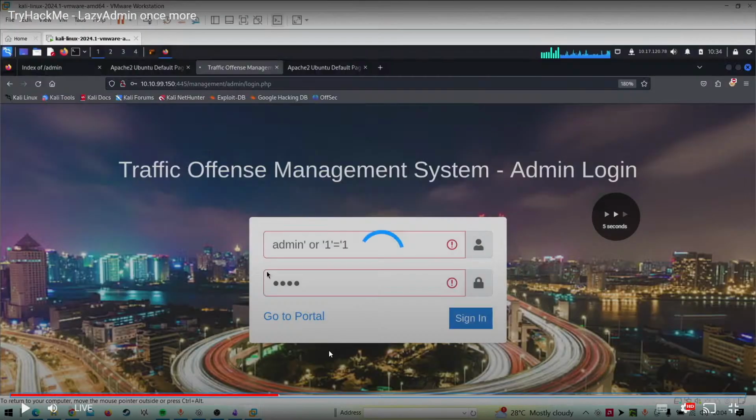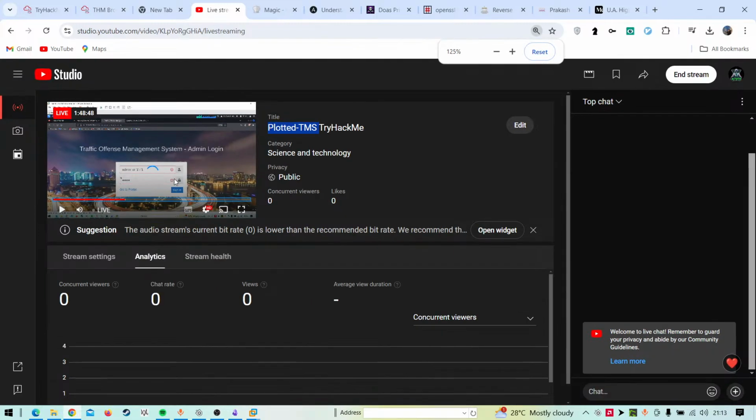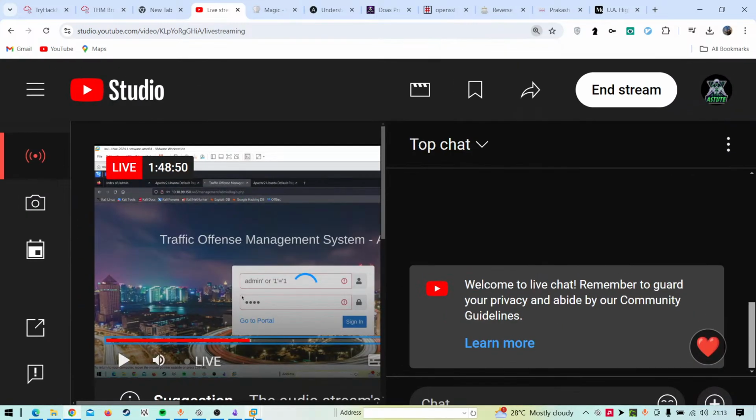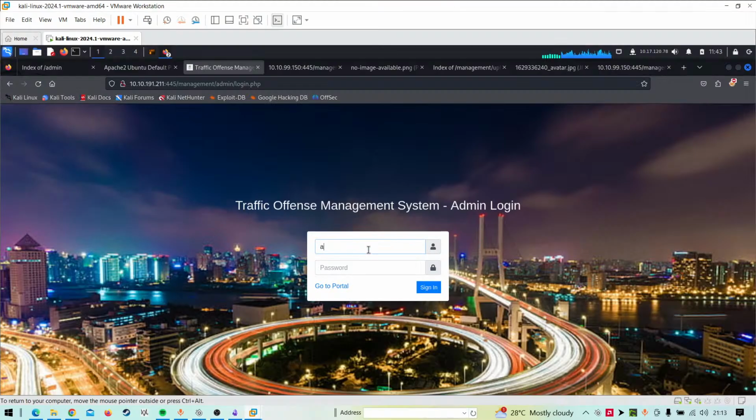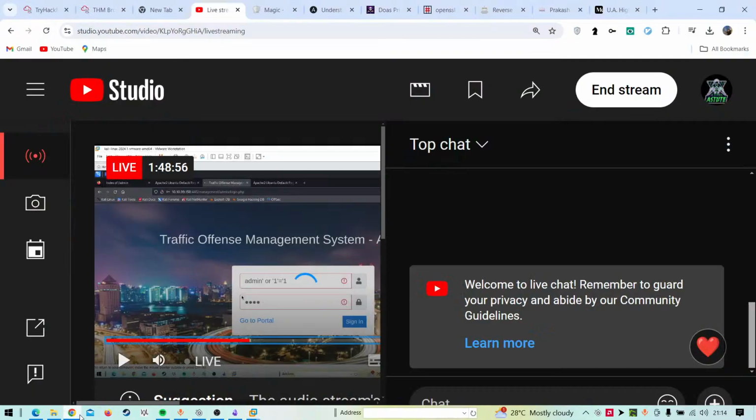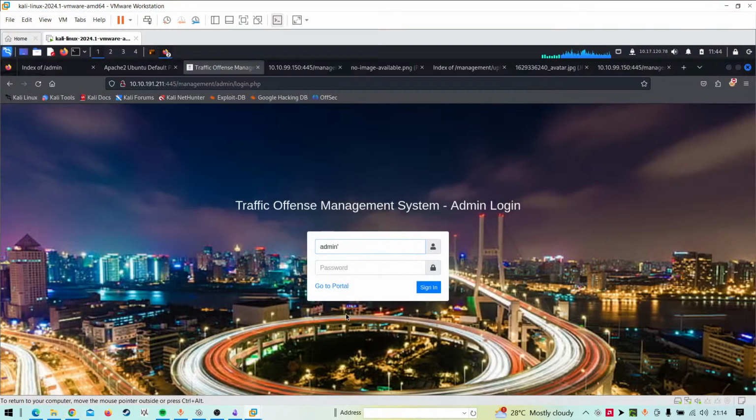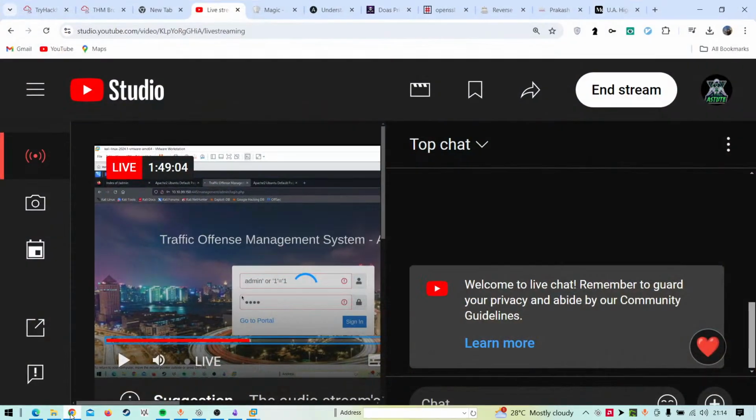A little bit further. This one, admin... admin, not dollar, it's 'or 1=1'.